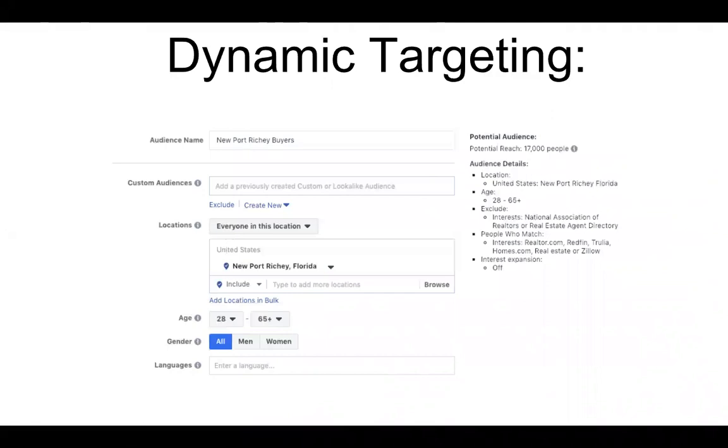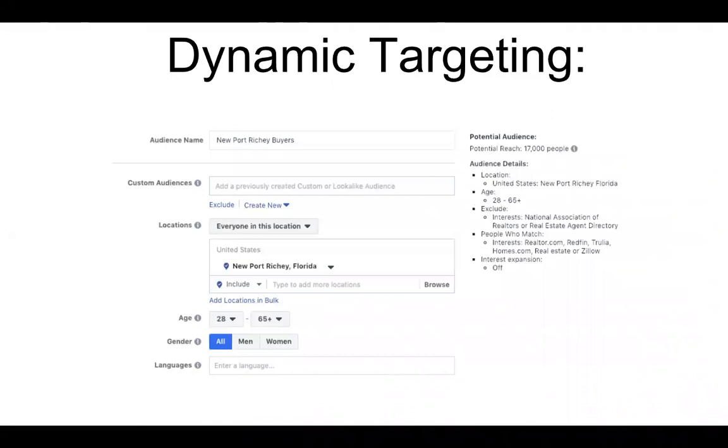Now, one of the biggest problems or issues that we see for folks is they try to go too broad of an area. They want to try to cover an entire county or an entire metropolitan area. You are much better served going an inch wide and a mile deep instead of going a mile wide and an inch deep. And in this case, Jim is going an inch wide and a mile deep with the target audience of Newport Richey, Florida.